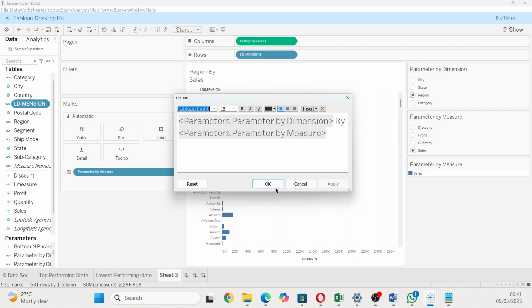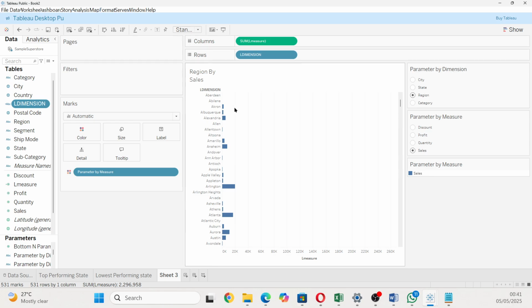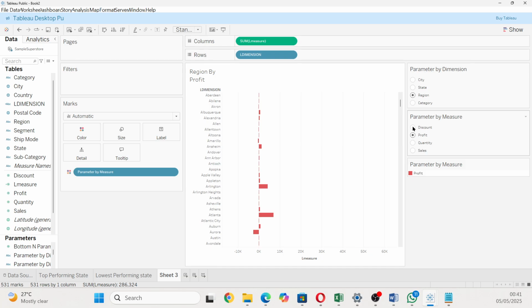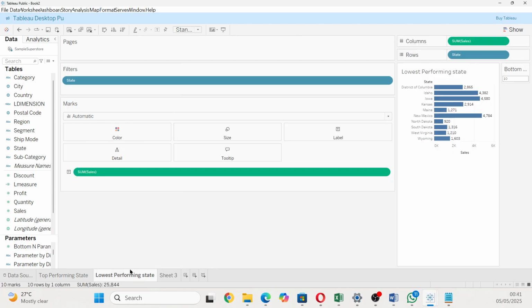Then apply. Then go. You can see that region by sales. Let's say quantity, and change it to region by quantity. This is how you do your parameter like measures and dimension. Then you also look at lower